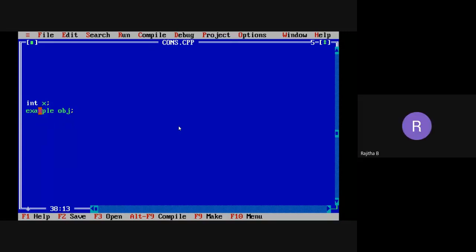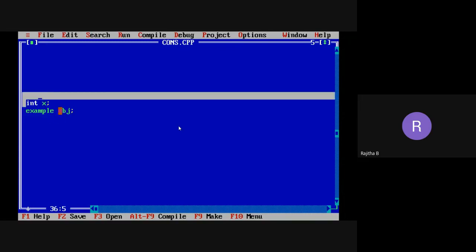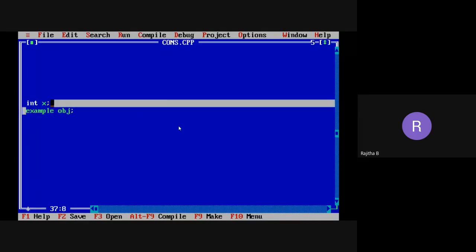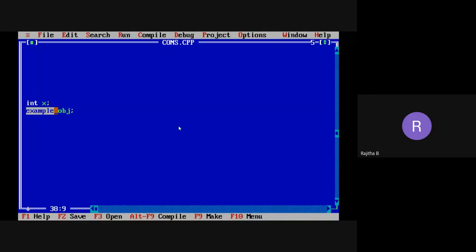Is this clear everyone? X is the variable and the type of x is integer, and obj is the object and the type of object is Example. That is a class name. Data type of object is class name. In this case, Example is the class name.